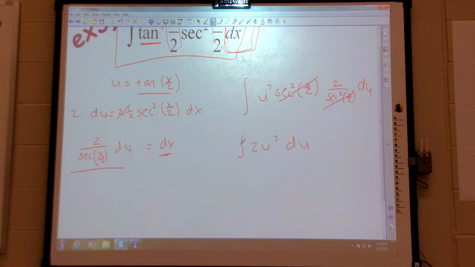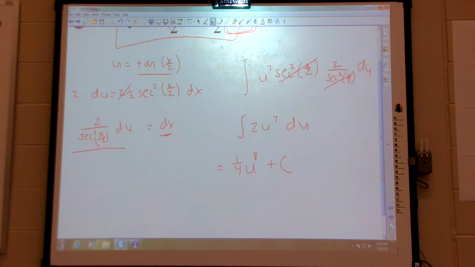And now that I have an integral, an easy integral, what do I do? Antiderivative. So I'll add 1 to the power, divide by it, plus c. Now do not do all this beautiful work and forget to finish it. Plug u back in. 1/4 tangent